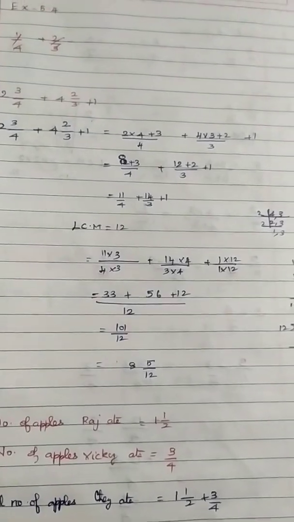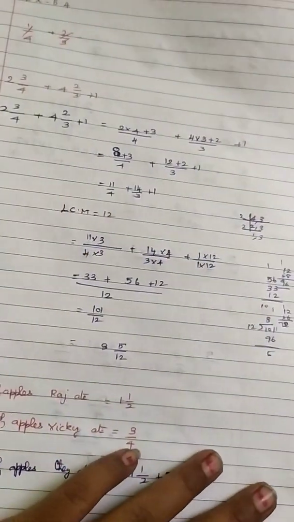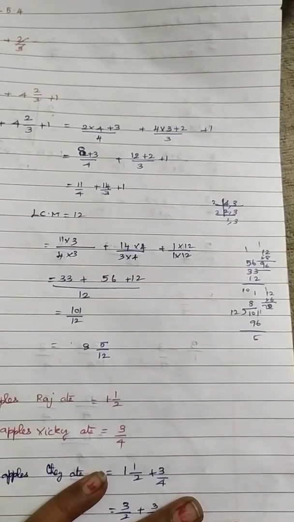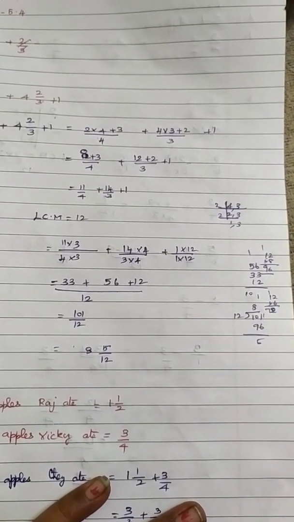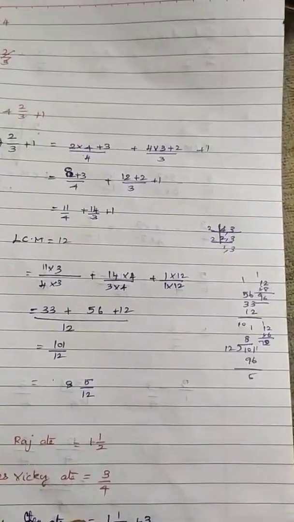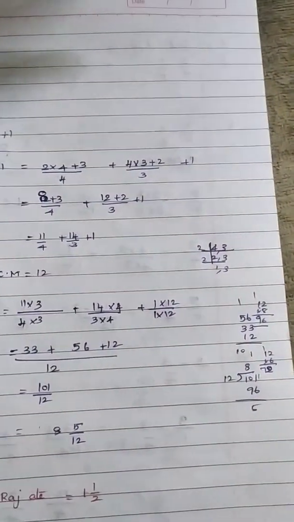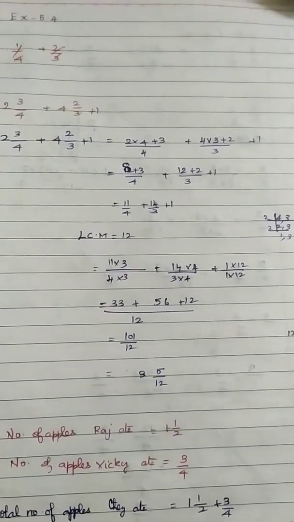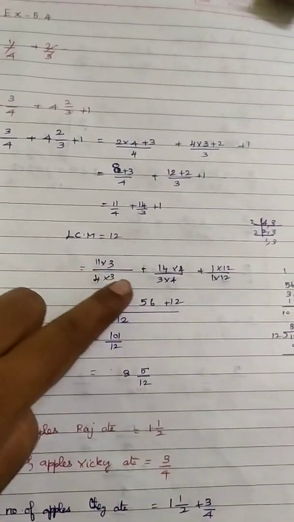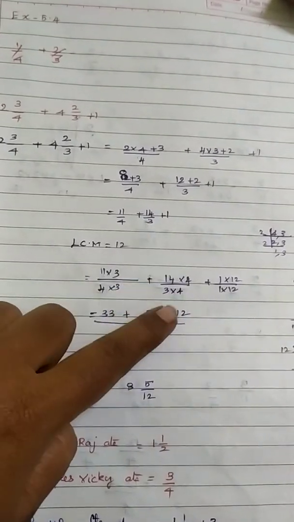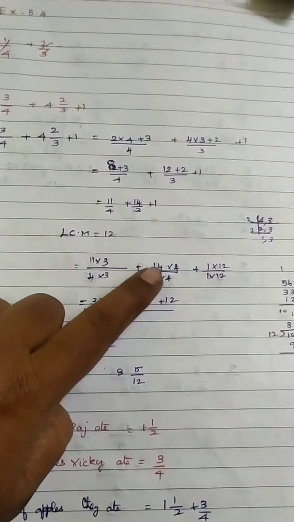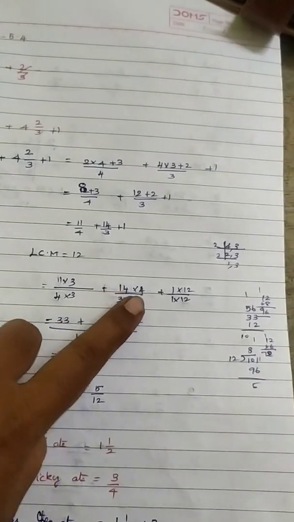If you look at here, you have different denominators 4 and 3. So we have to find the LCM and make the denominator common. If you find the LCM, you are getting LCM as 12. Now to make 4 as 12, you are going to multiply it by 3. 4 3s are 12. So numerator also multiplying it by 3. Similarly, to make 3 as 12, multiplying it by 4. Numerator also multiplying by 4.